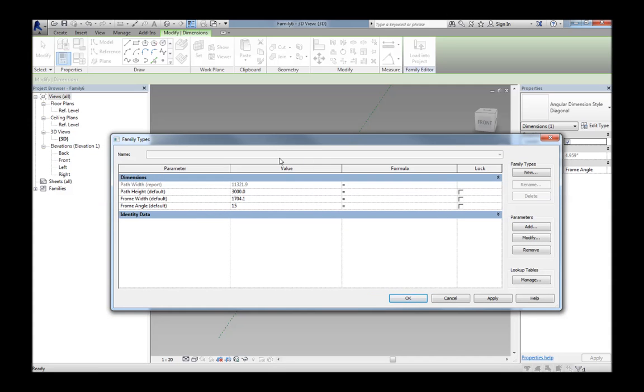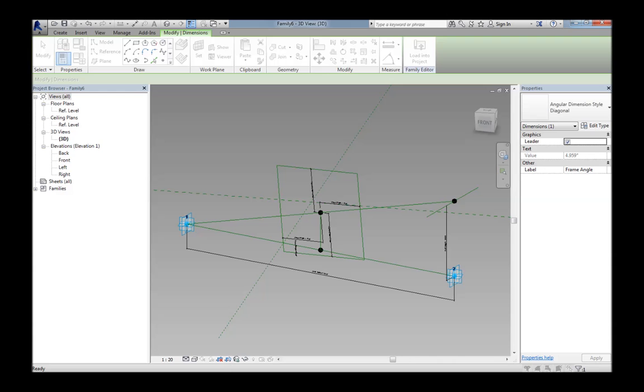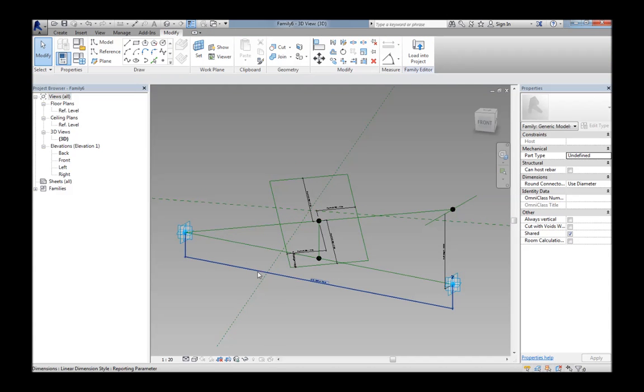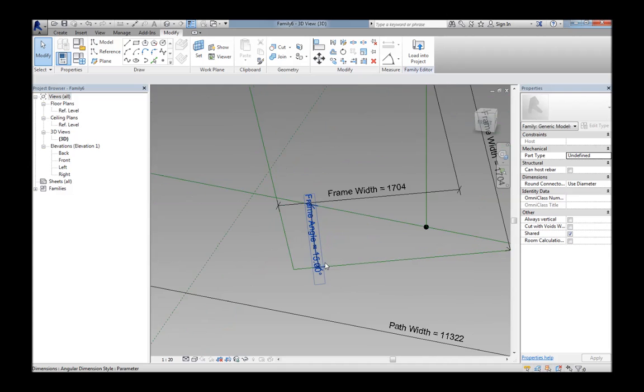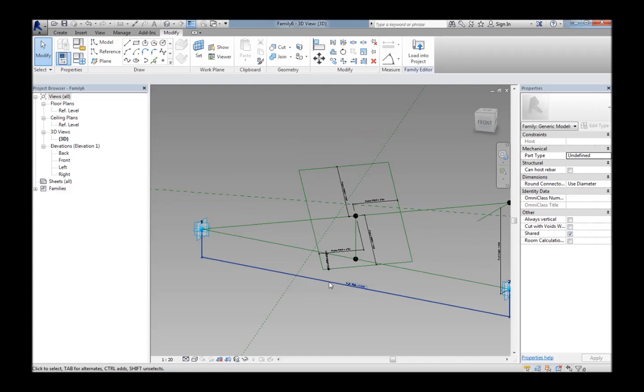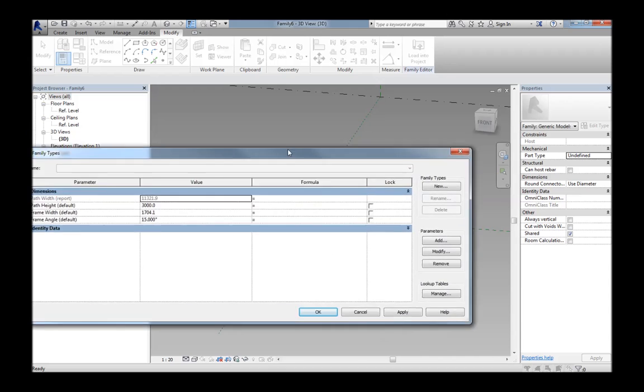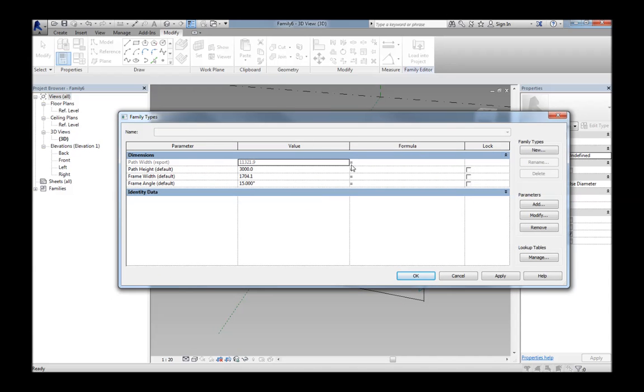And you can see we can update that, say to 15 degrees, and see it update there. So that's a good sign. If it's moving around, updating with no constraint errors, then you know you've set it up correctly. So now we're going to